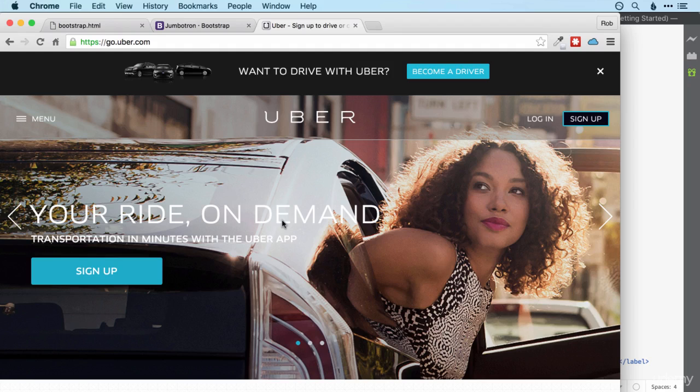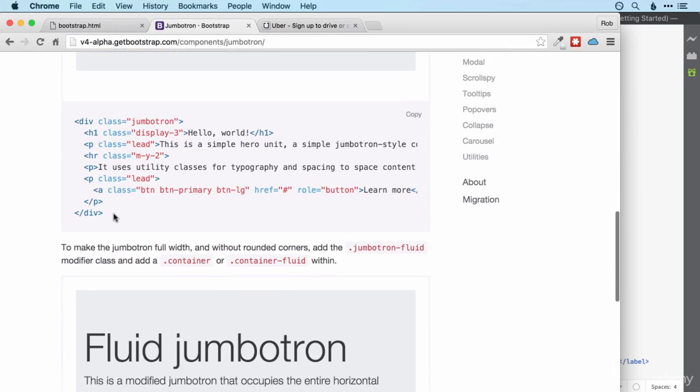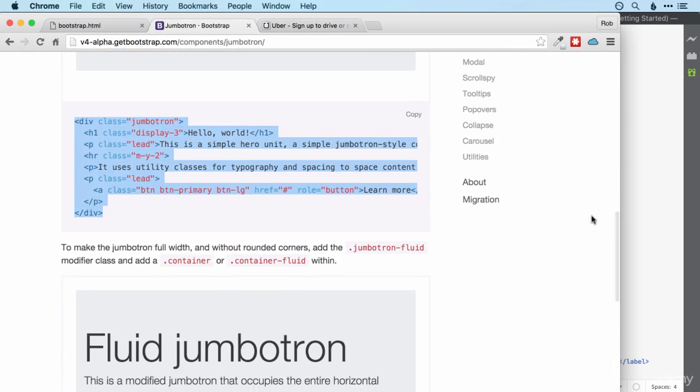So the idea of that really is that it funnels the user where they want them to go. So what does Uber want you to do when you go to their website? They want you to sign up. That's the big thing. So there's a nice big image there, simple bit of text, and then the call to action. And that's what the Jumbotron is for. So let's again copy the code and take a look at it